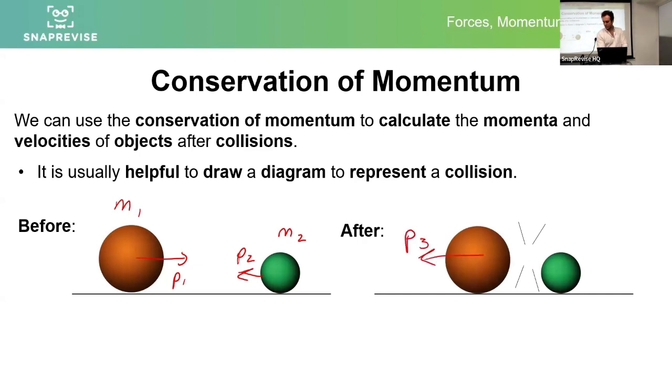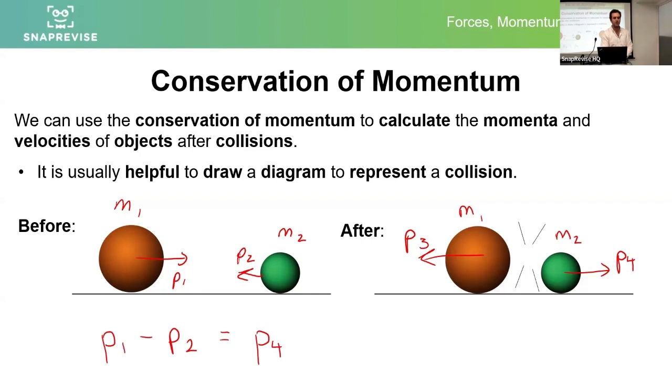I don't mind whether you want to use different symbols for velocity or momentum afterwards and before, whatever works for you, but just make sure you don't get confused, because these questions can and rapidly do become a sort of quagmire of